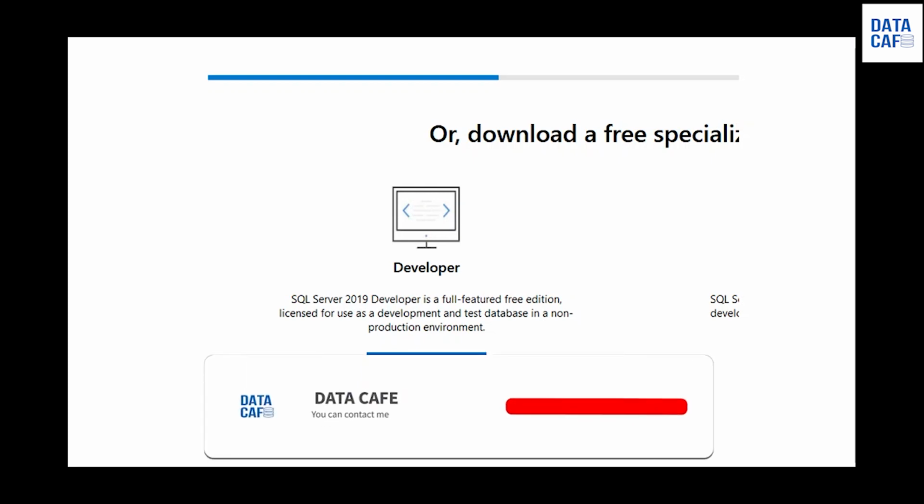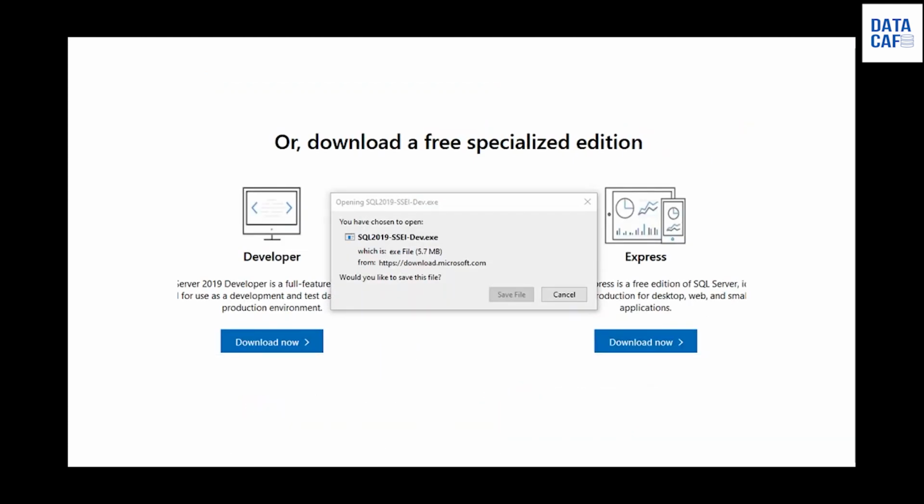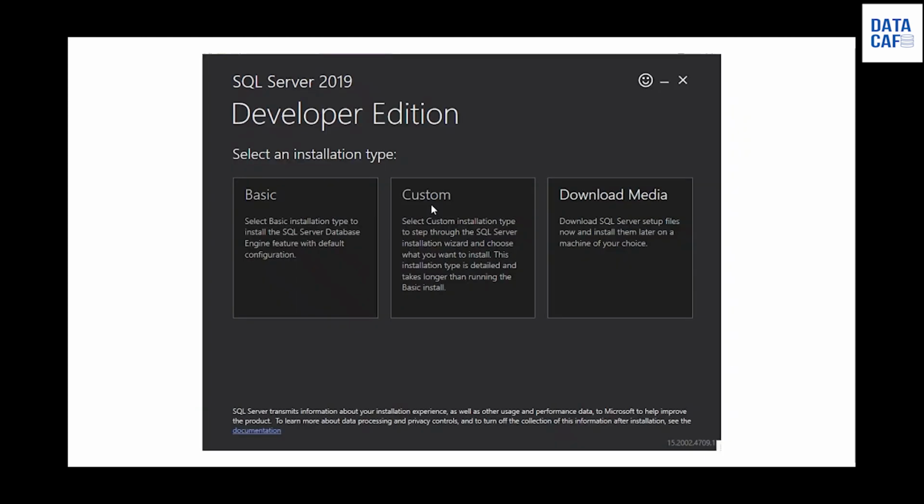Once you click on this one, it will download this small exe. It's about 5.7 MB, and once it downloads, it will appear in this way. Then you have to click on that exe file, and it will open this SQL Server 2019 developer